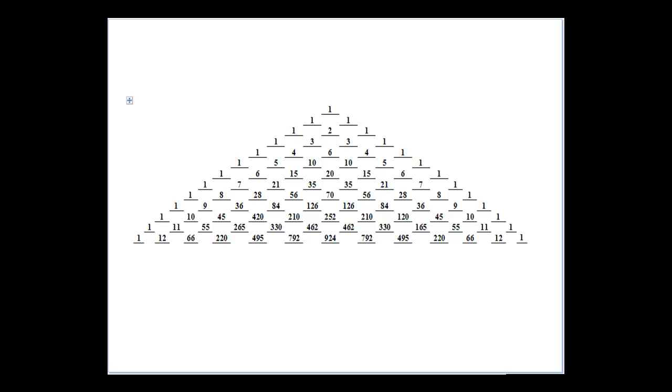Here's a pattern you might have seen before. It's one that is very nice and easy to follow. It's what we call Pascal's triangle, named after Blaise Pascal, who discovered it. So Pascal's triangle. If you have a look at how it starts, the first term we start off with is a